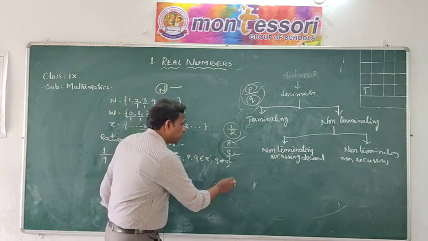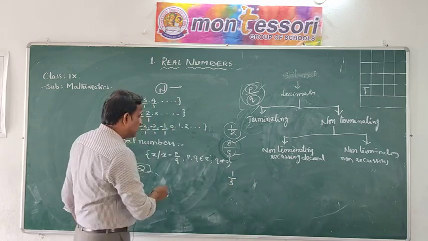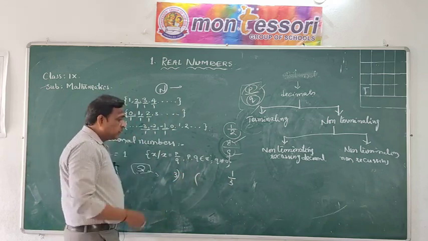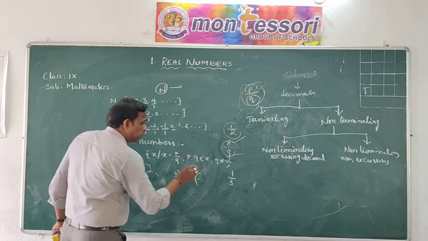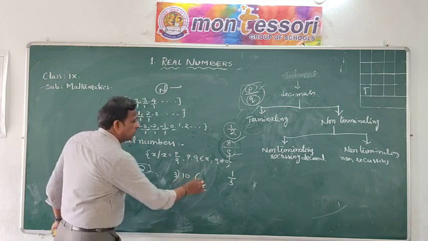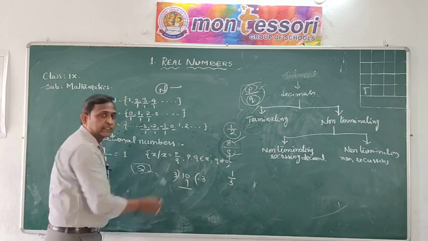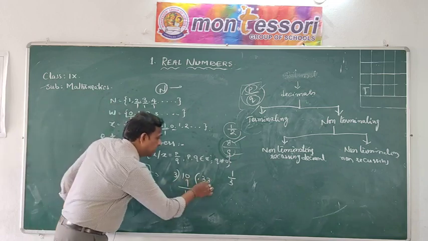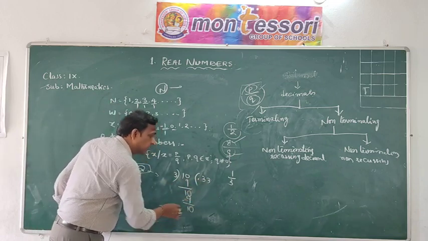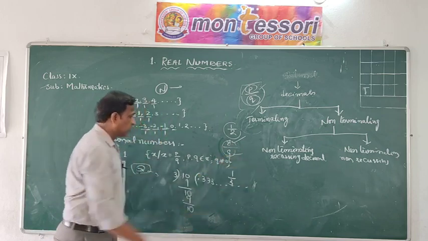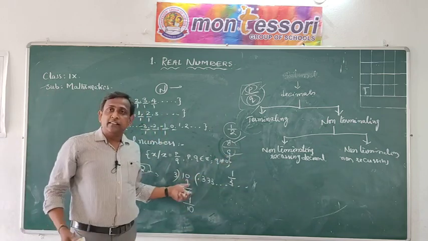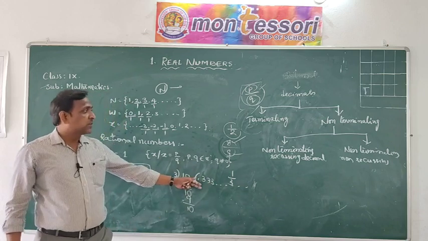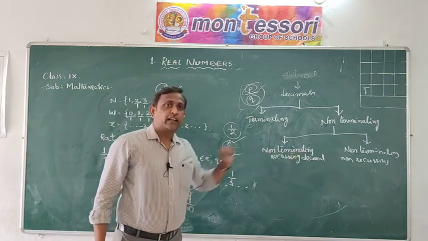So 1 by 3, if you take it and divide this, 3 as a divisor, 1 is the dividend, and if you try to divide, we put the point and we can put that 0 here, 3 3s are 9, and 10 minus 9 is equal to 1. Again we can write one more 0 here, 3 3s are 9, again 1, and we can write the 0 3. So it goes on here, and there is no end in this division process, and every time it is repeating that 3 only here. So these types of decimals are called non-terminating recurring decimals.